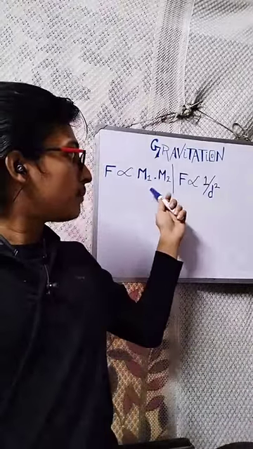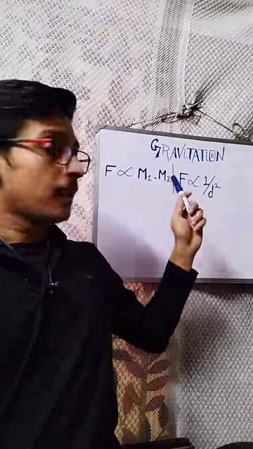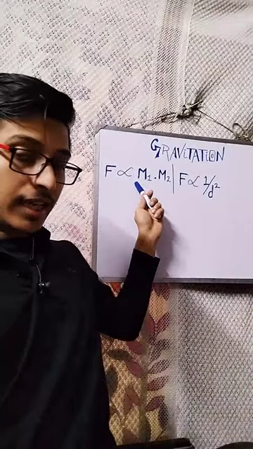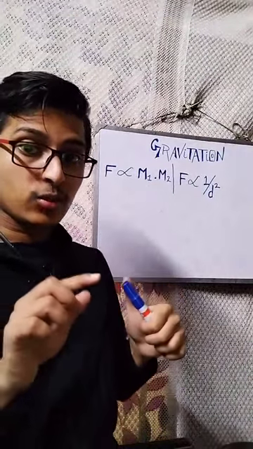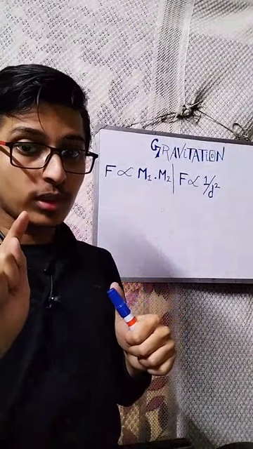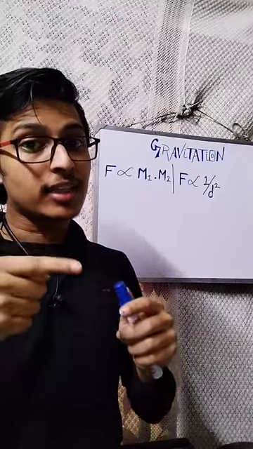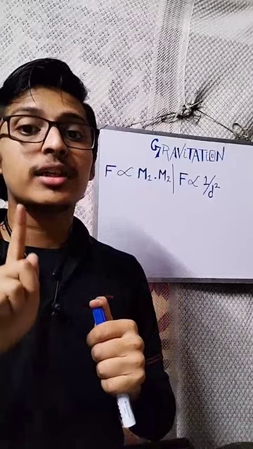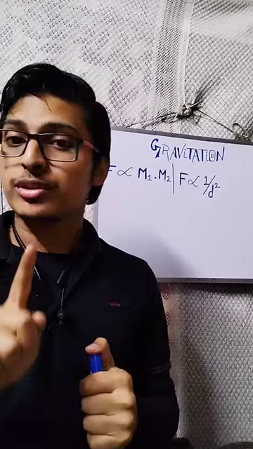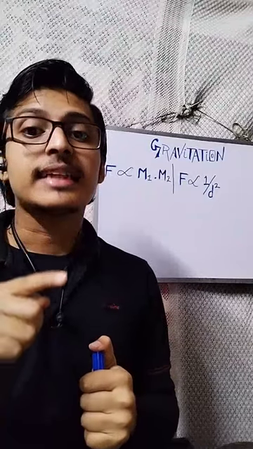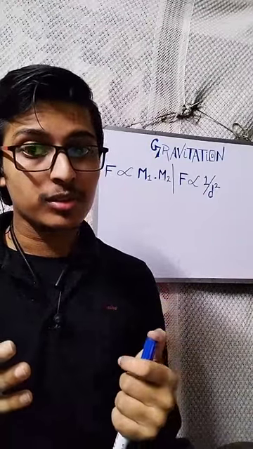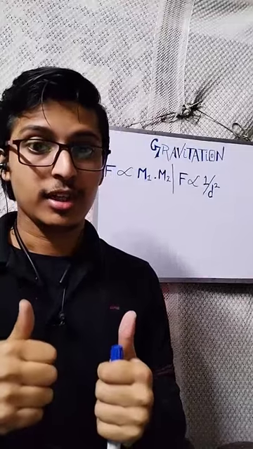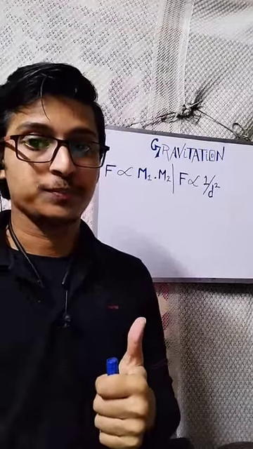So if we combine both of them, according to mathematics, we change this sign of proportionality to make an equation. We have to provide an equal to sign in the equation, and to change the sign of proportionality to the equal to sign, we need to introduce a proportionality constant. So in this case, the proportionality constant we are introducing is capital G. And what is capital G, my students? Capital G is the universal gravitational constant. So let me write the formula and explain it to you.